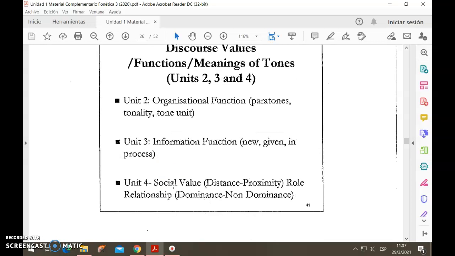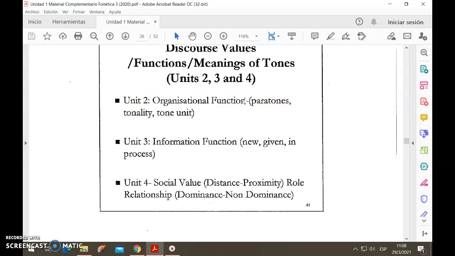And finally, we have Unit 4, which deals with the social value and the role relationship functions of intonation. This is exclusively done by tones. So this unit is like the traditional definition of intonation. It's pitch movement, right? But these two have other components or other structures of intonation that do not necessarily have to do with tones or pitch movement. Here, as I told you, in Unit 2, you will deal with key, which is pitch height,